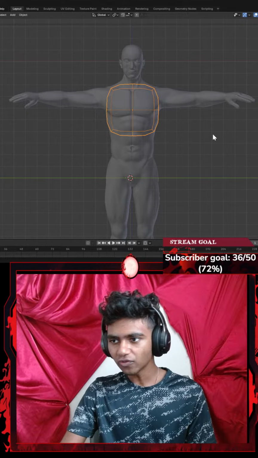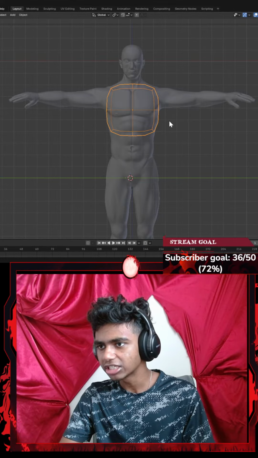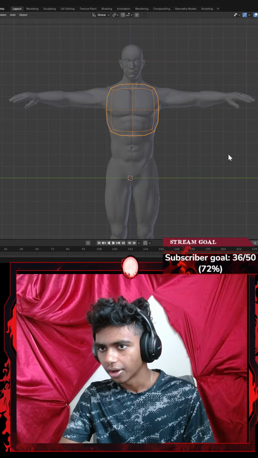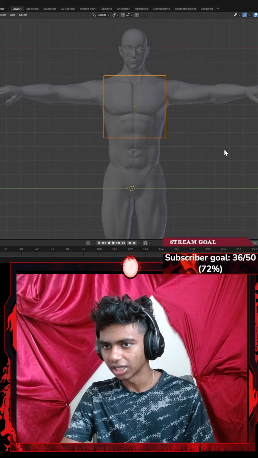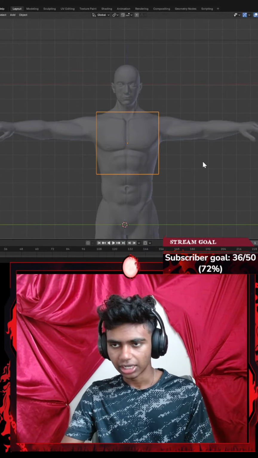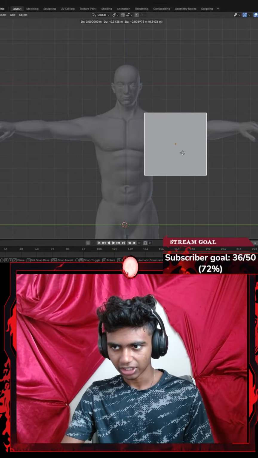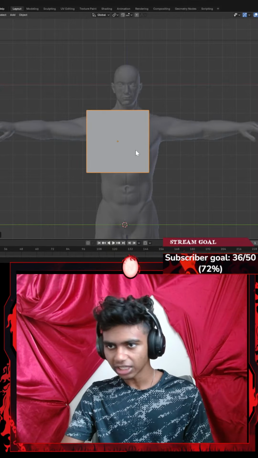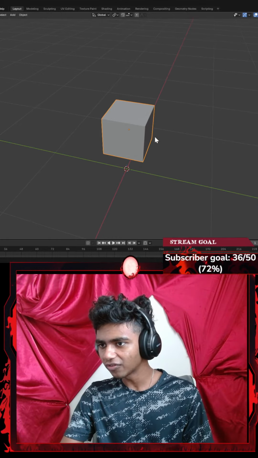Now let's go ahead and click something like Z. I'm going to go to my wireframe mode. Okay, is there something that I'm missing here? This does not look like a cube. Maybe I'm going to go ahead and just have a mirror modifier up here, or one subdivision. I'm going to scroll down. Let's go with something like Z, back to my solid preview. Let's go with something like G. I'm pretty sure I added a mirror modifier for this, didn't I? Alright guys, fact check me. Isn't this how mirror modifiers actually work?